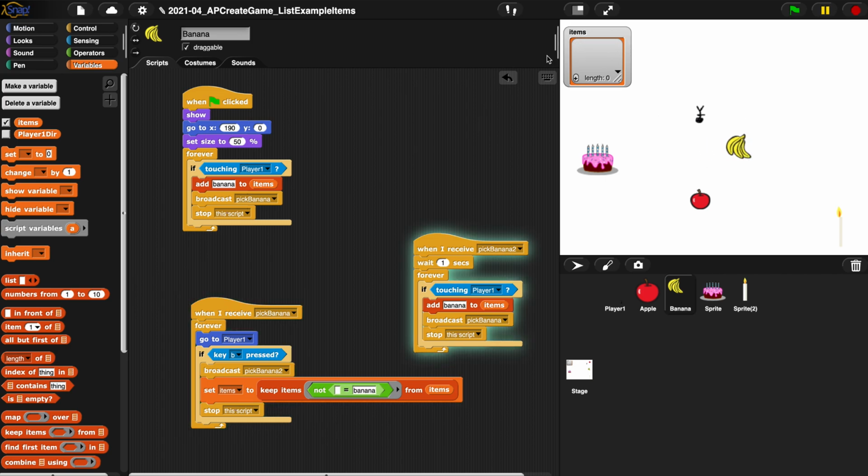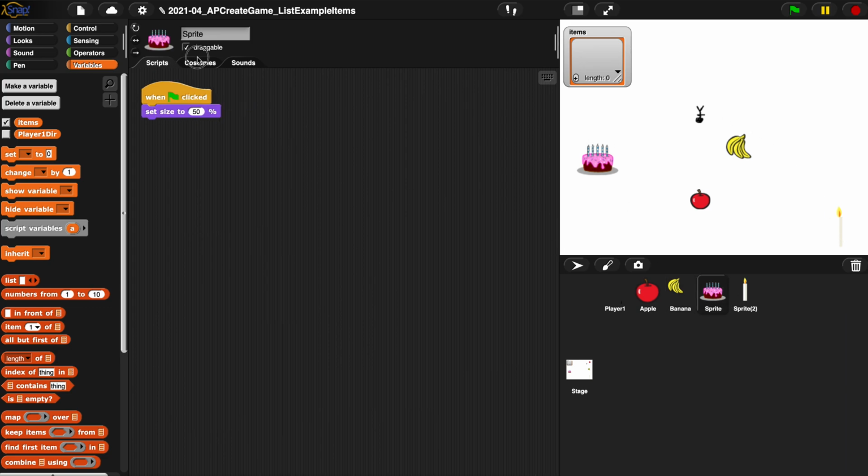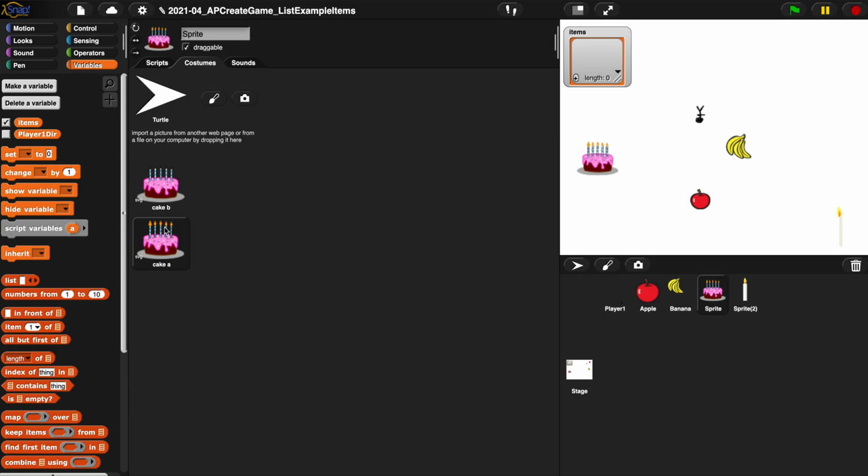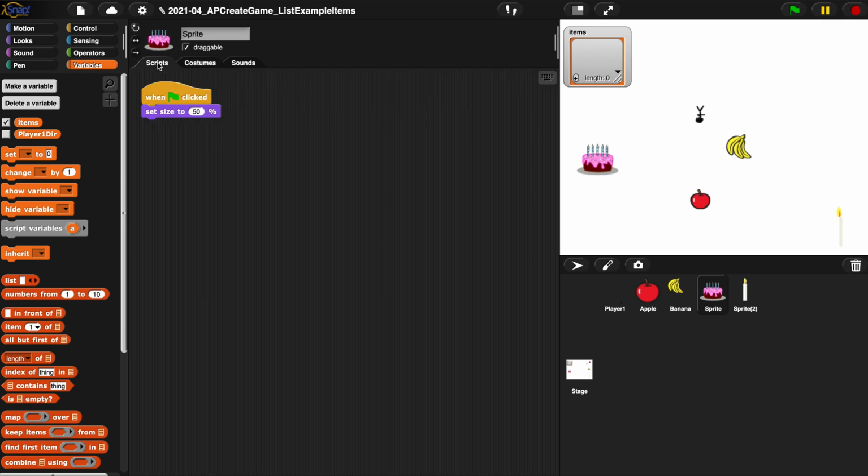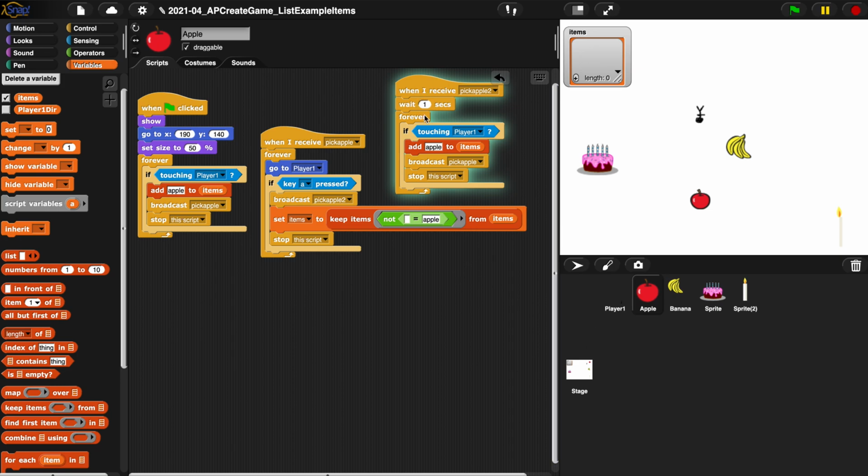All right. And now you can do things like you need to move the banana over here to get to a certain place, or you need to move the apple. What I wanted to do was you need to move the candle to the cake to light the cake up, because the cake has a second costume where the candles are lit. So I was going to have the candles actually be lit by the candle, which would be cool. But for now, I just wanted to show you this method of jumping between algorithms and broadcast and receive messages,